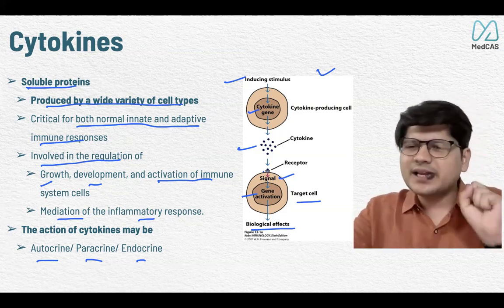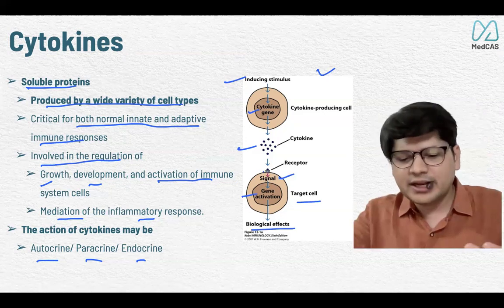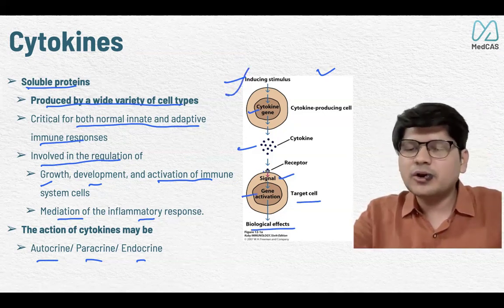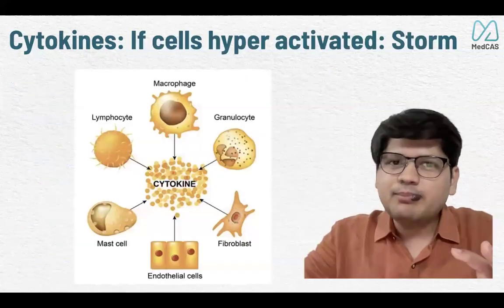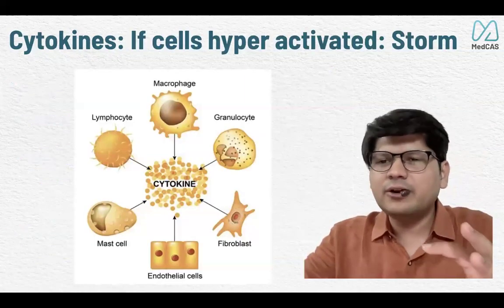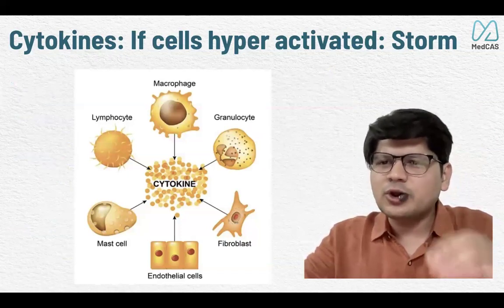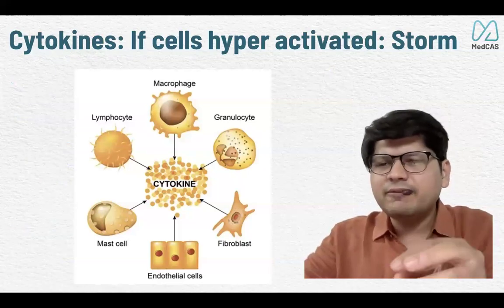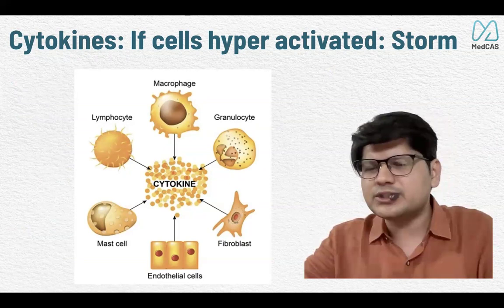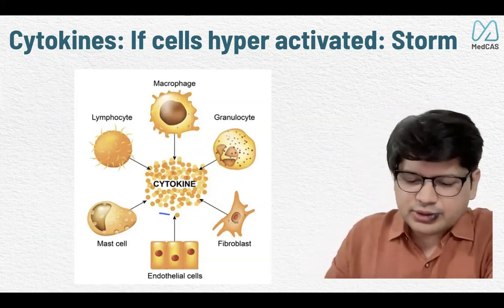So what you get, SIRS or the sepsis syndrome, is nothing but the biological effect of cytokines which get activated by the stimulus. Okay, there are a lot of things, a lot of complexity. What are the key properties of these cytokines? Before we go to that, in COVID and all, we have heard this term cytokine storm. Before that also this term was there, but not commonly heard. We had only a few diseases where we used to discuss cytokine storm. Okay, but now it is crazy. So with these cytokines, it becomes too much.